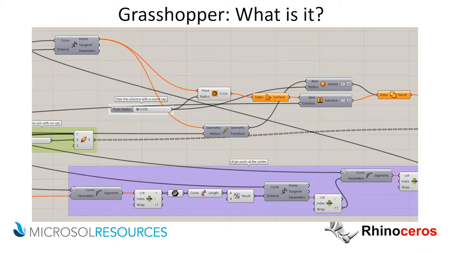Imagine the process of modeling a fence. First you might trace the line on the ground that it's going to cover, and then you might create how high it is, how many posts it has, and so on and so forth. With Grasshopper, you can automate this process and define different parameters that you can modify in real time to create your model